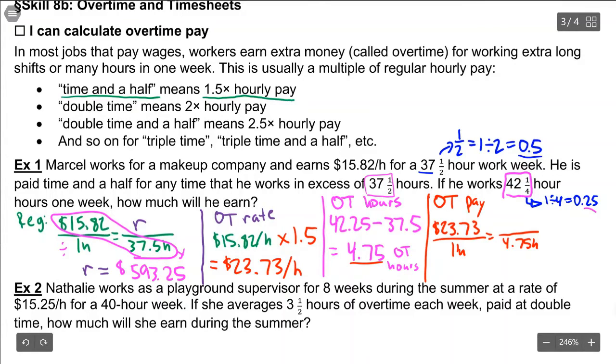So his overtime pay, let's make that P, I guess. I really don't like O as a variable because it looks like a 0. So let's do P for overtime pay. And we are going to cross multiply and divide, just like that. And we figure out that it is